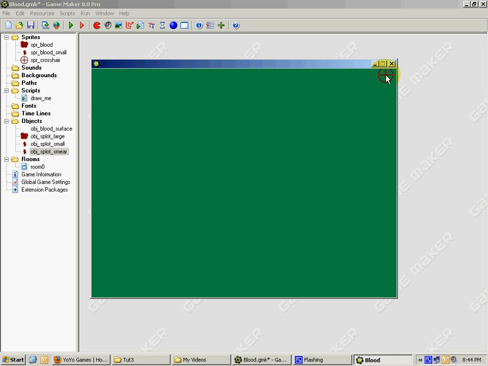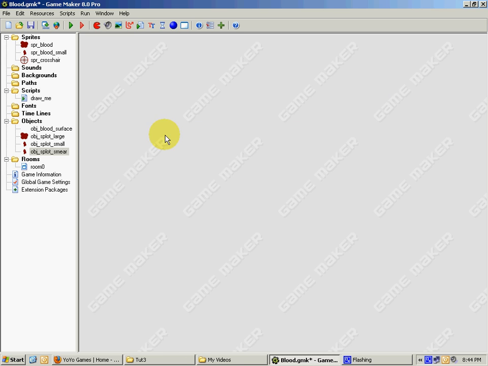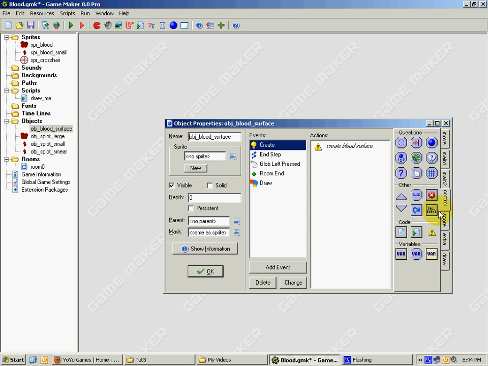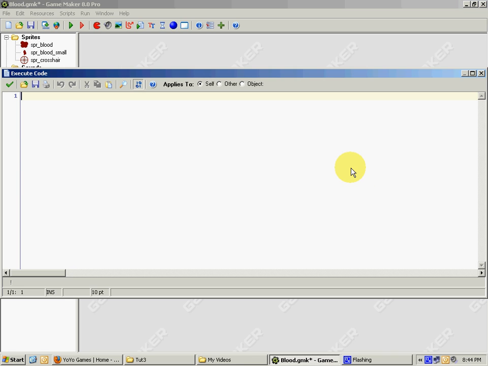So what we're going to do is use a surface to make these smearing things leave a trail. The way we're going to do that is, let's first set up the surface. I have an object that's going to hold the surface and draw the surface and everything. In the create event, I'm going to create my surface. If you watched the motion blur tutorial already, you know this: surface create, and then we'll call it blood